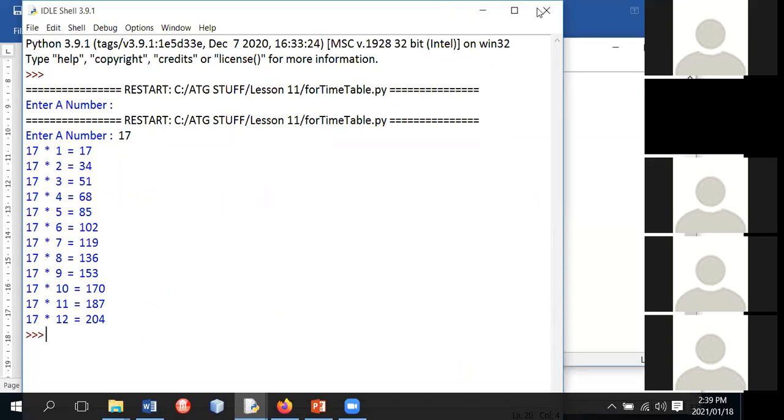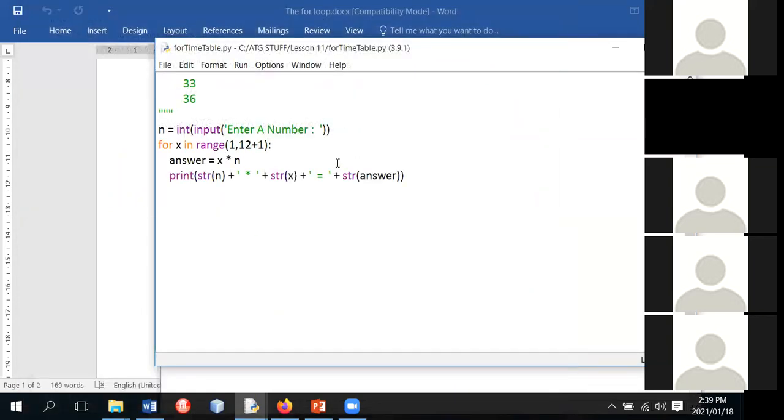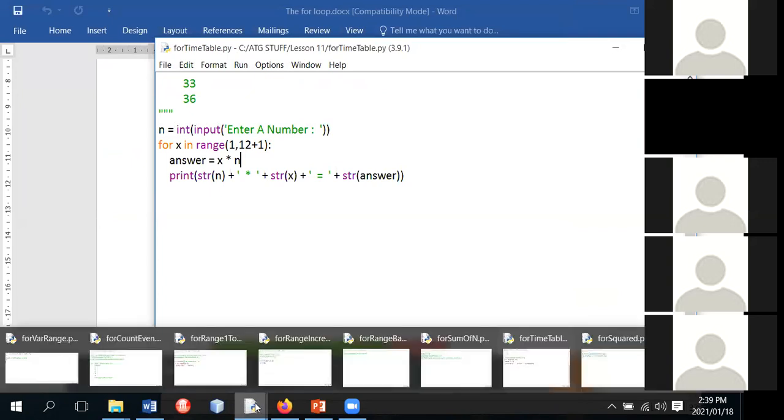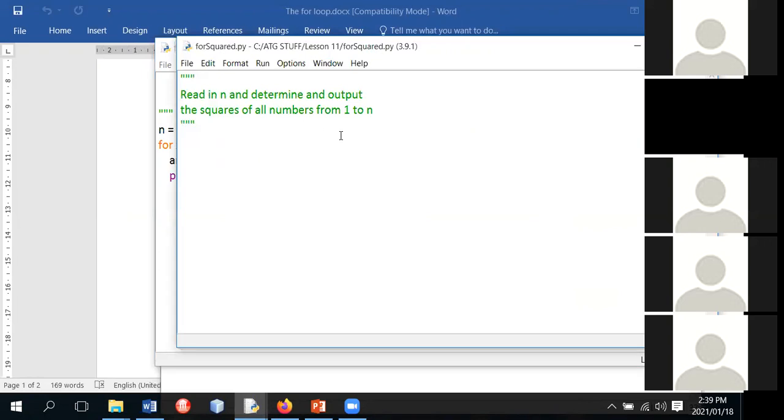Now, what are we doing? Over here, we only went to 12, right? What if I wanted the user to decide how many times the loop is going to run? Okay, so let's go to this. Read in n and output the squares of all numbers from 1 to n. Squares. Now, square, we use power of